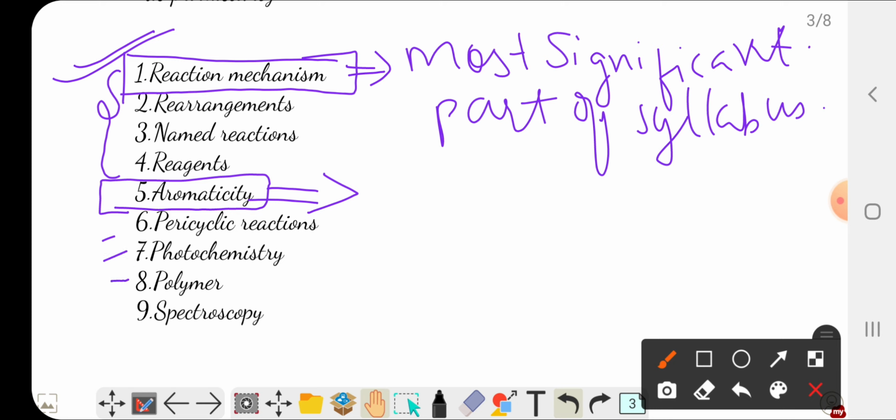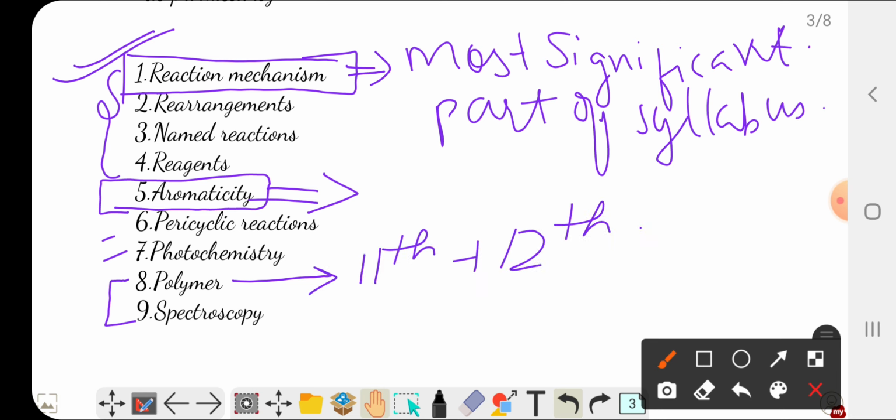Now for polymer and spectroscopy. For polymer, you can refer to class 11th plus 12th, and you should analyze previous year question papers, because the questions generally asked from polymer and biomolecules are basically the same ones which have been continuously repeating over the last few years. You can prepare model answers for those topics as well, and revise and write them again in the mains in a model form. Okay, now for spectroscopy.